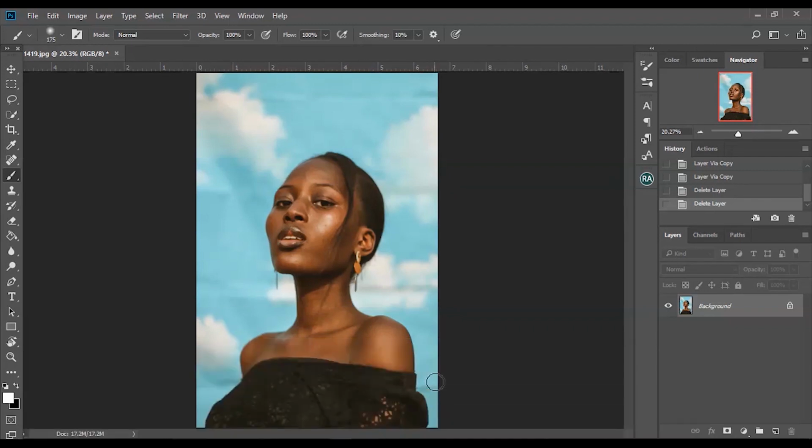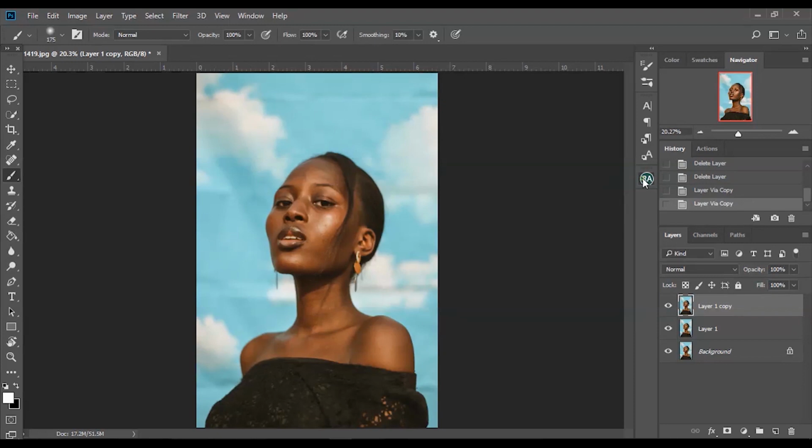Now in this video, I'm going to be showing you guys how I transform this image in 4 ways in which you can transform your image in Photoshop. So first thing I did here was I duplicated the layer as usual. I just duplicated it twice because I want to sharpen it first.